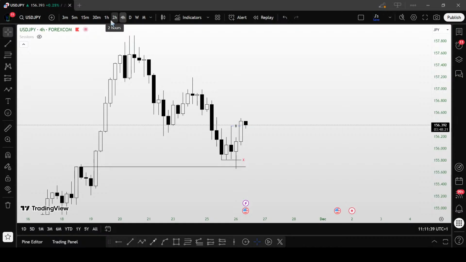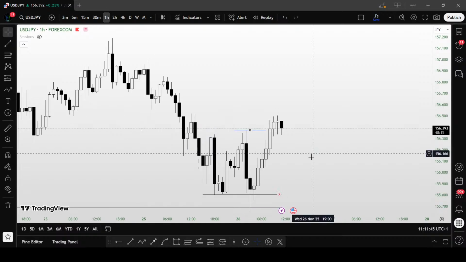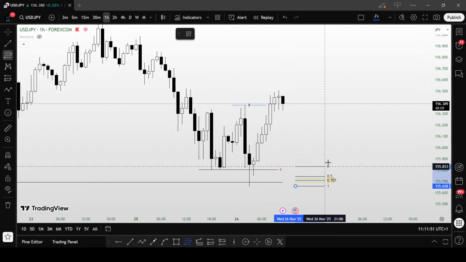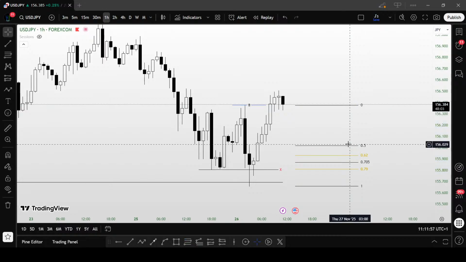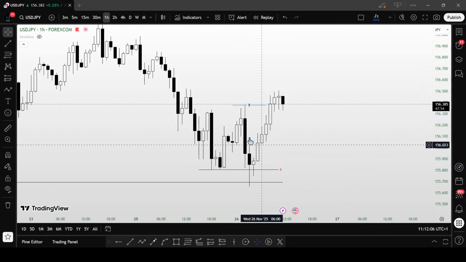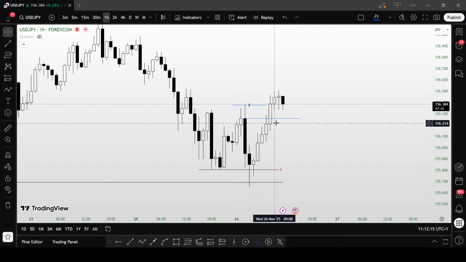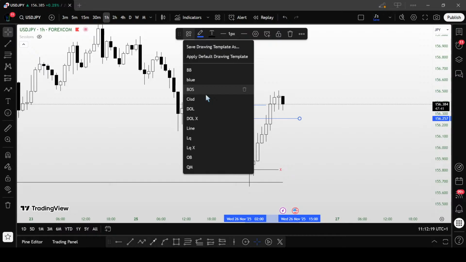So now I want to look for an entry. Let's go down to the 1 hour. On the 1 hour time frame, the best thing for us to use here is actually a Fibonacci retracement. This here is a Fibonacci retracement, but I'm not too confident in this retracement because the range is quite small, and this here is the last set of down close candles before the break of structure. So to the best of my knowledge, this here is going to be my order block. We can also consider that as a change in the state of delivery. So I'm going to use this as my order block here.